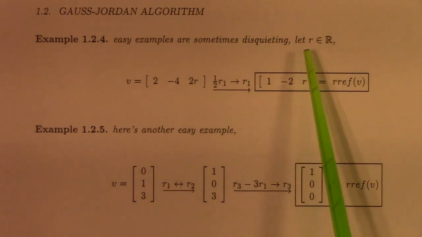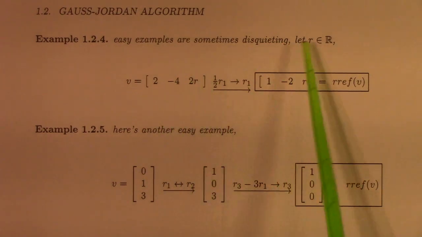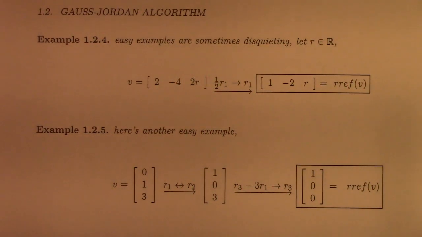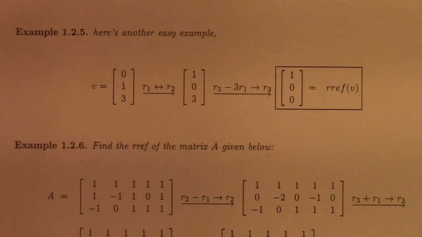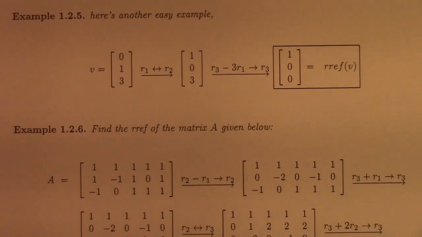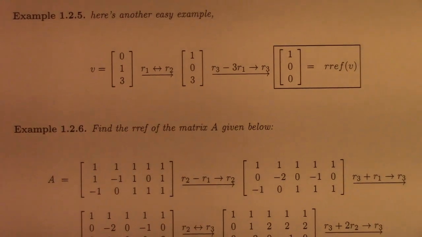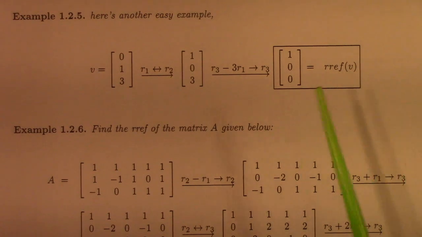I don't know why I felt the need to put a variable in here just to mess with you, I guess, but that is something I should mention, which is we can do these row operations with variables in the mix. I don't have any of those examples for today, but there are a couple of those in your homework. Here's another easy